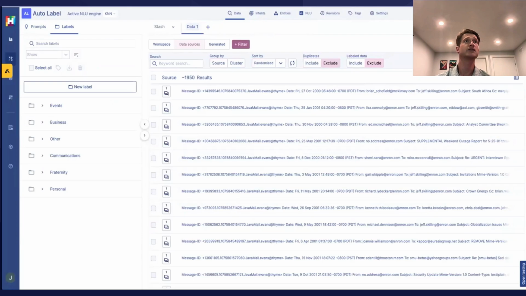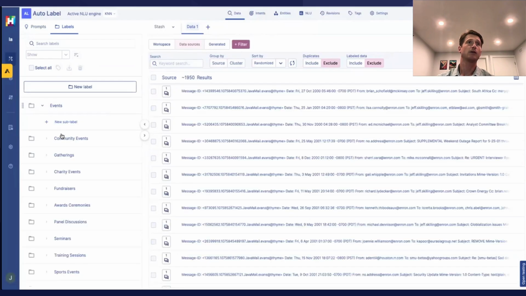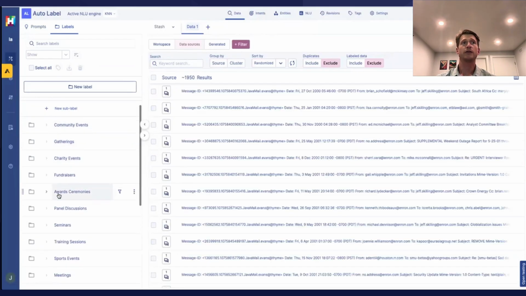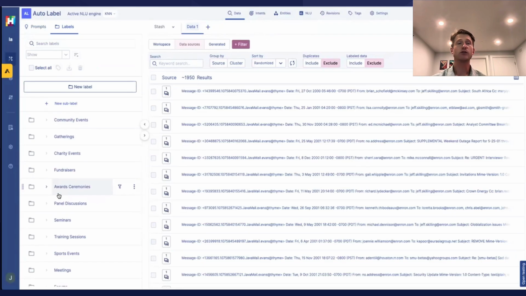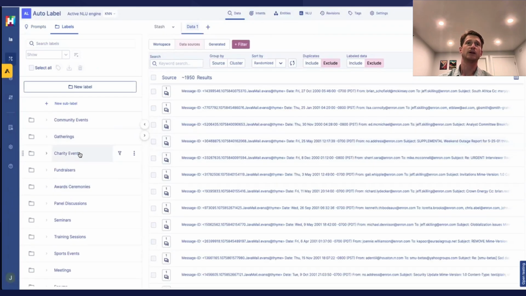Finally, you can also now take this model that we've created and turn it into an actual model within HumanFirst, where we have our labels and all the different subcategories within. So events, community events, gatherings. These are all of the different labels that we had created in the previous flow, and categorized based on the emails and the label that is beholden to them. And this can be used to create an NLU model or the basis of other types of AI projects or initiatives that you have running.